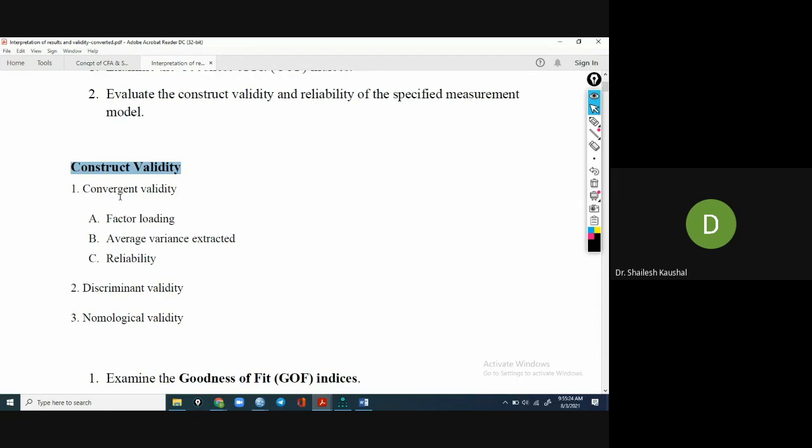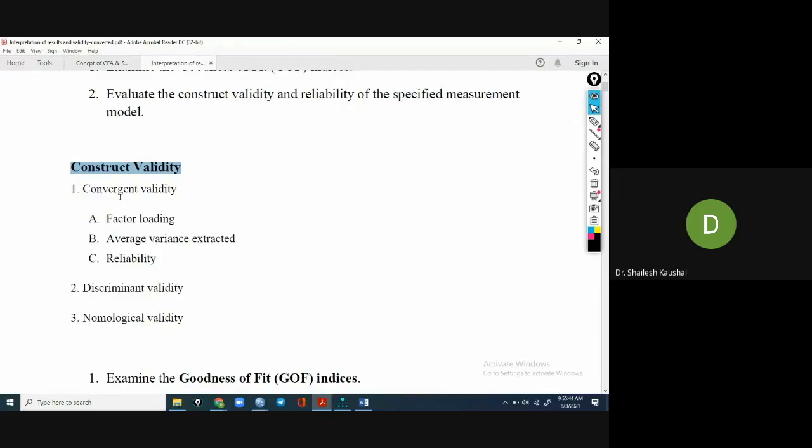So basically, whatever questions we are taking, all the questions should be theoretically based. We will not frame questions for ourselves for performing the structural equation. Whatever questions we are taking, all the questions should be valid. We will take a valid and tested research instrument. So there are three things I told you.